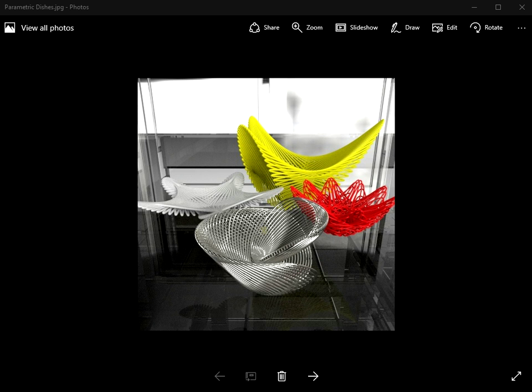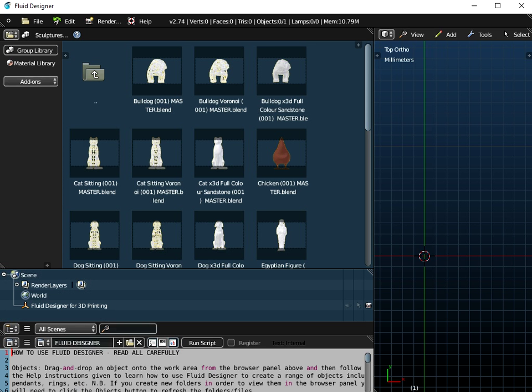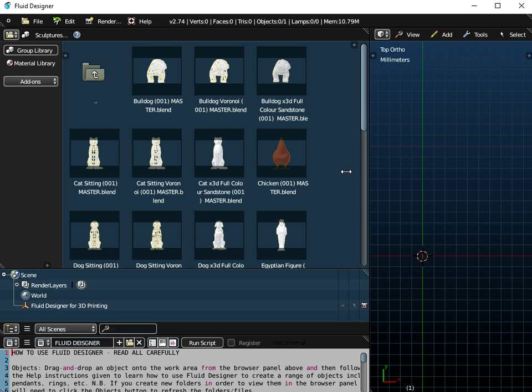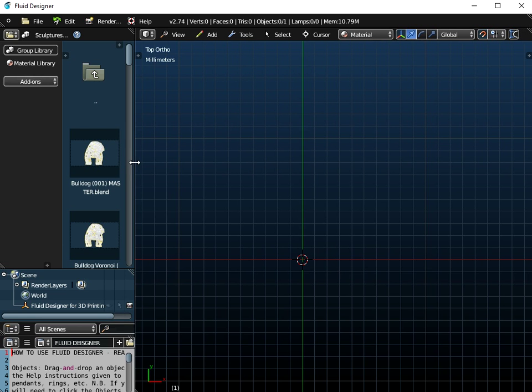Hello there. In this video I'm going to show you how you can use the wire dish curve command in Fluid Designer for 3D printing to create 3D printable objects such as the ones that are shown here in the opening screenshot. So if you go to Fluid Designer for 3D printing,